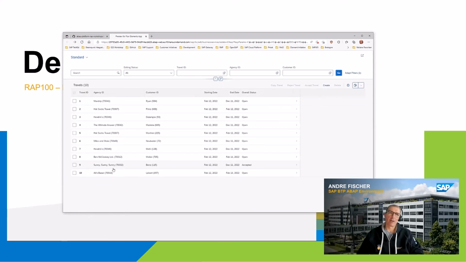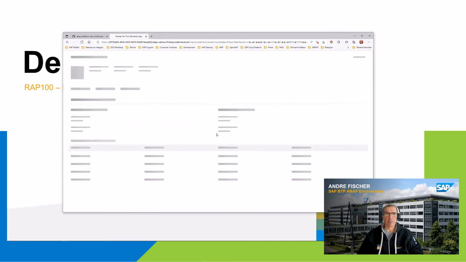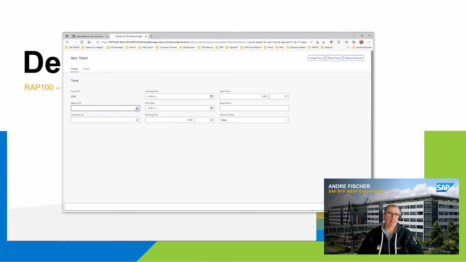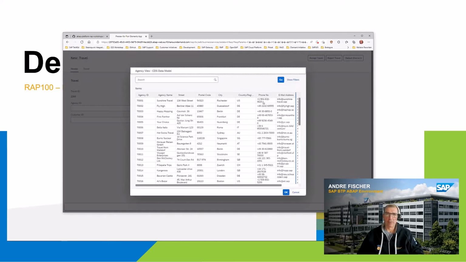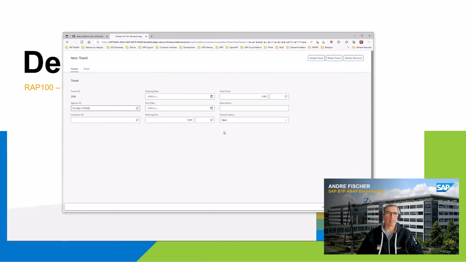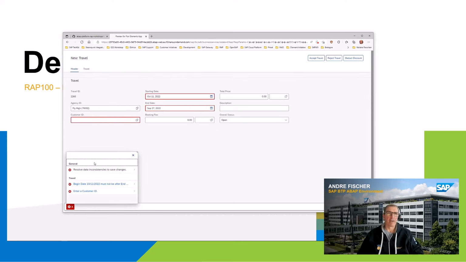And if you press here the Go button, we will see certain data that has been created. And so if we press here, for example, the Create button, as I said, you will see here value helps that allow you to select data. And you can also select the start date and an end date. And please note here that I now choose something which is wrong, right? And if I press the Create button,